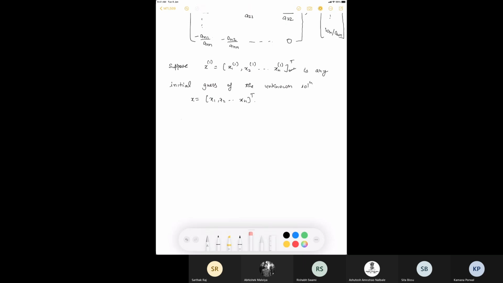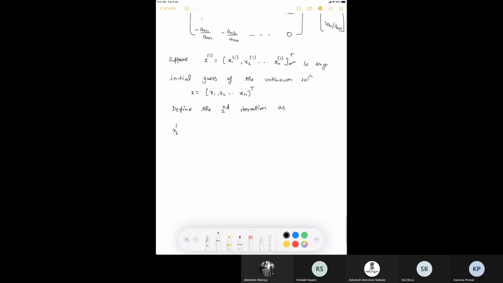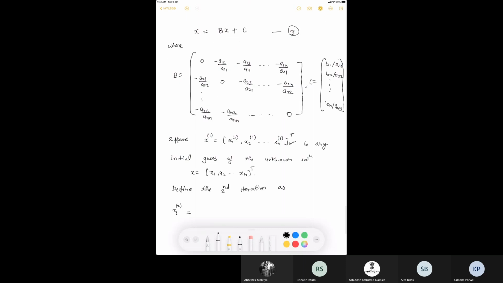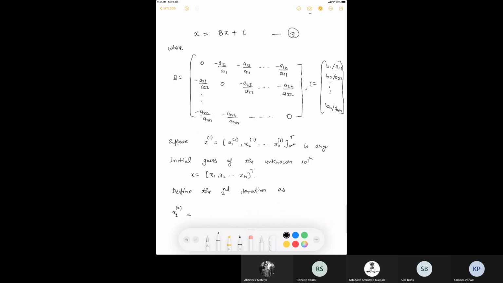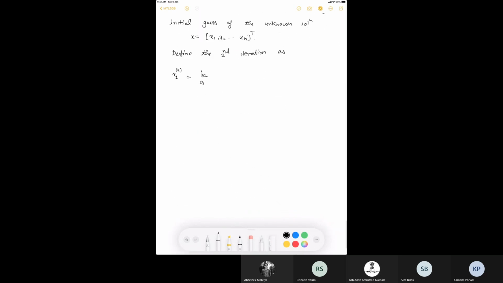So we are going to define the second iteration, and I'm using system 2. I want to compute x1,2. So what I'll do is just use the known factors. I'm going to have b1 divided by a11, minus a12 divided by a11 times x2,1, and so on, up to a1n divided by a11